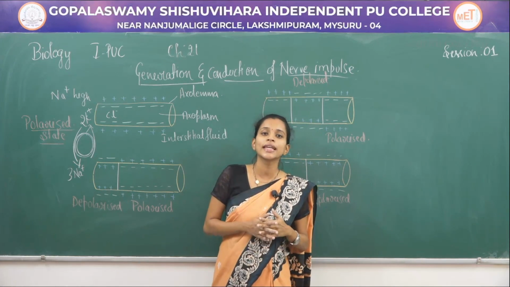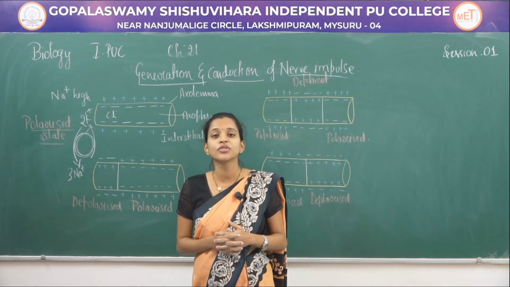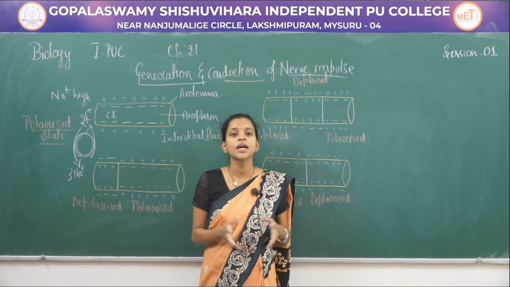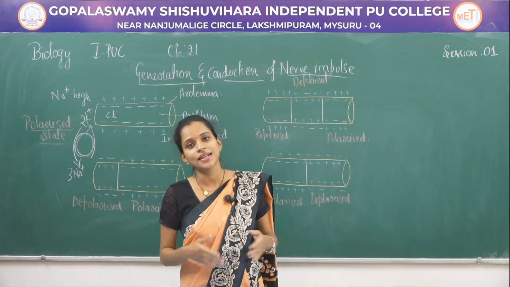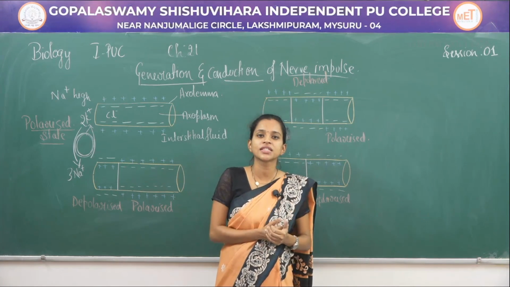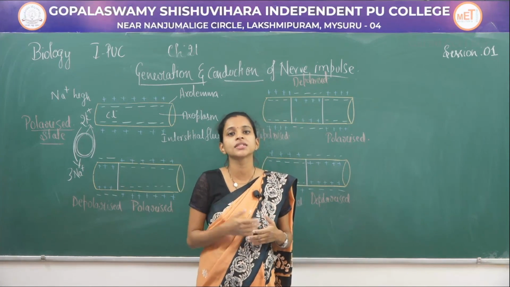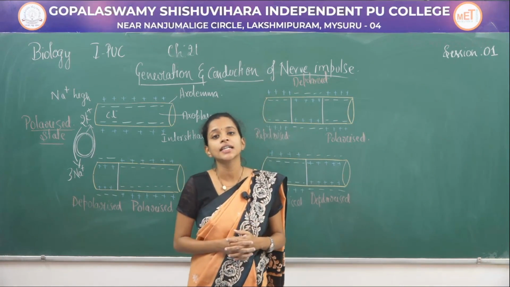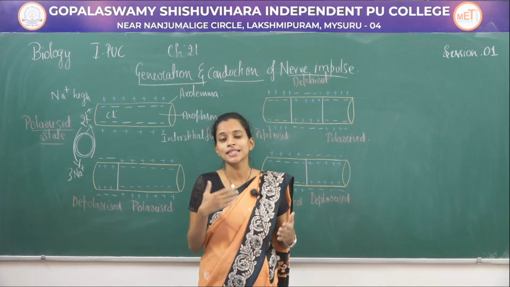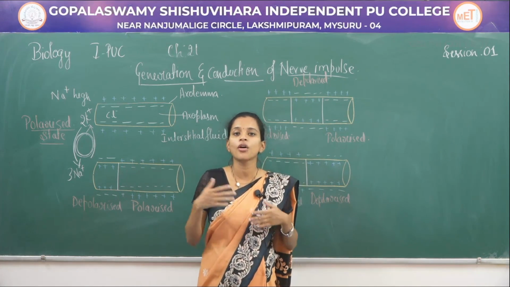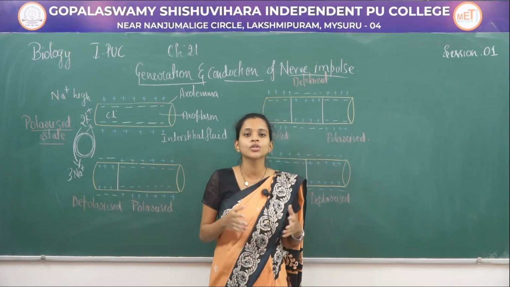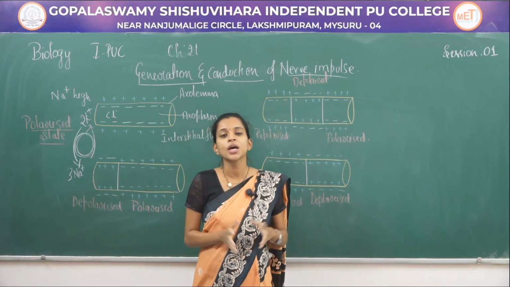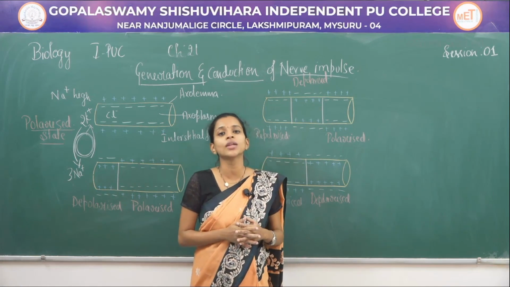In today's session, we did learn about the different types of neural system, that is central nervous system and peripheral nervous system. Central nervous system components, that is brain and spinal cord. Peripheral nervous system, we have studied about autonomic nervous system, we have studied about somatic nervous system. We also have studied about afferent nerves and efferent nerves, how the signals transfer from brain to part of the body or from the organs into the brain. We also have studied about the neuron, that is the structural and functional unit of nervous system, their parts, their functions and how they work.